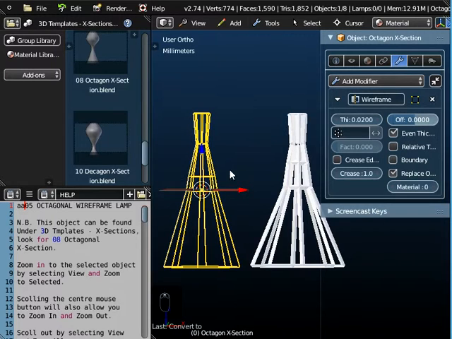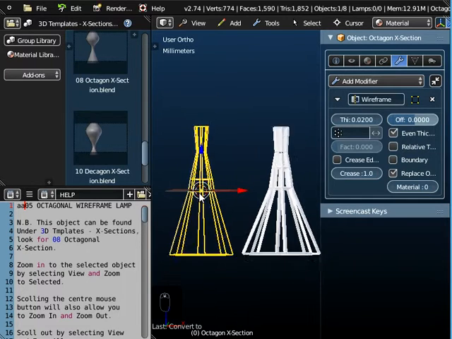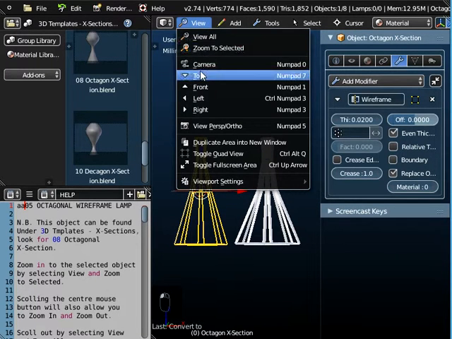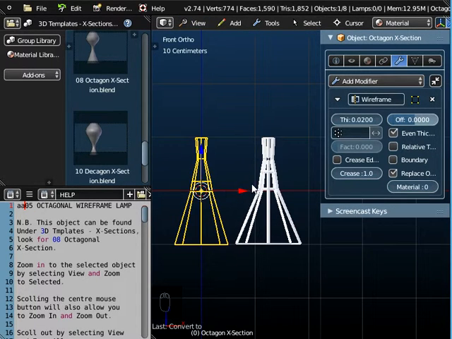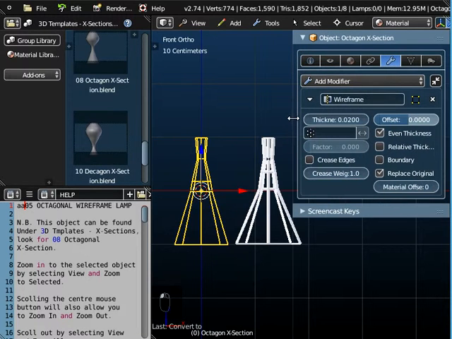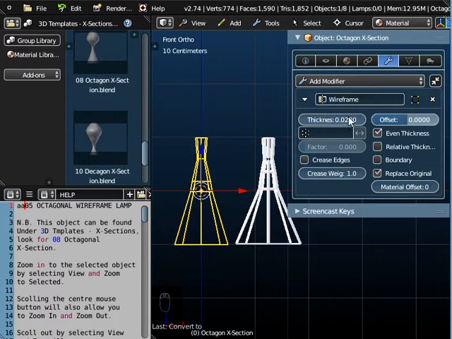Now you can see that I didn't quite get this position for the control point in quite the same place as I did in the finished object. I put a control point here. It should have been a little bit higher, but not to worry. So view and front. Now in the wireframe modifier panel there are some options that we can change,